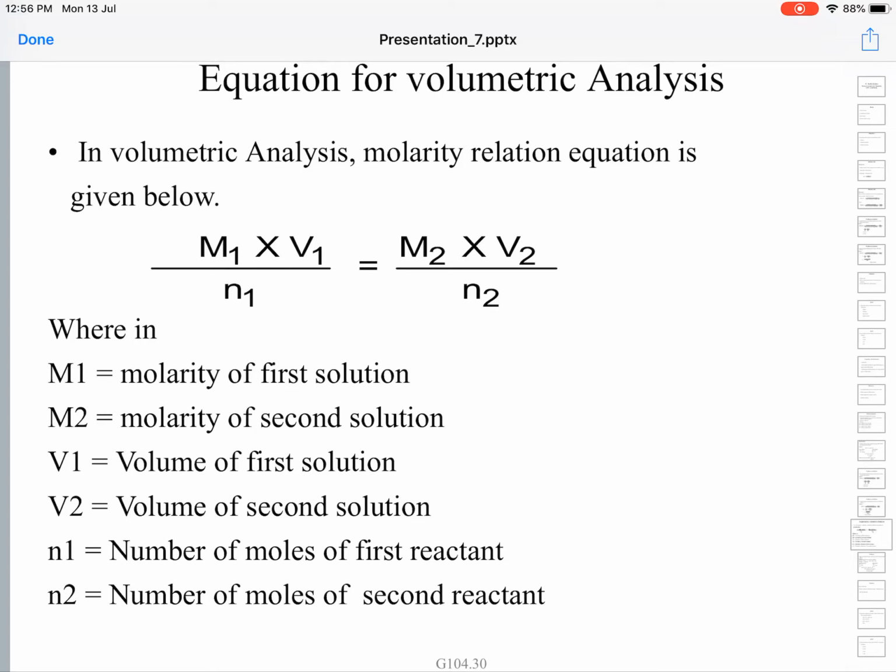In the lab, you will be doing mostly these titrations. Most of them will use this formula itself. So you have to learn this so that you can use it in the lab calculations. Lab calculations become easy for you if you learn this formula and how to work out such problems. Okay, let us see a few examples.